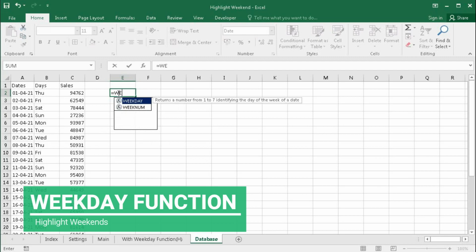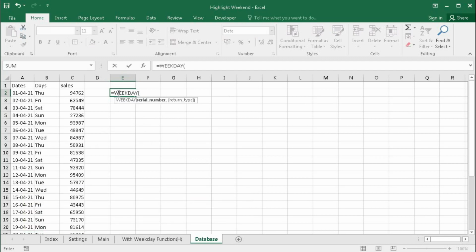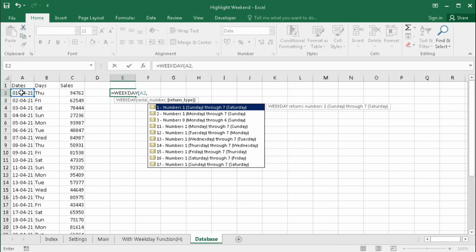Equal to weekday. First, it is asking for serial number, that is date serial. So this is the date, comma. Now return type. You can see there are various options 1, 2, 3, 11, 12, 13, 14, 15, 16, 17. If your week starts from Sunday and ends at Saturday, then you will select 1.